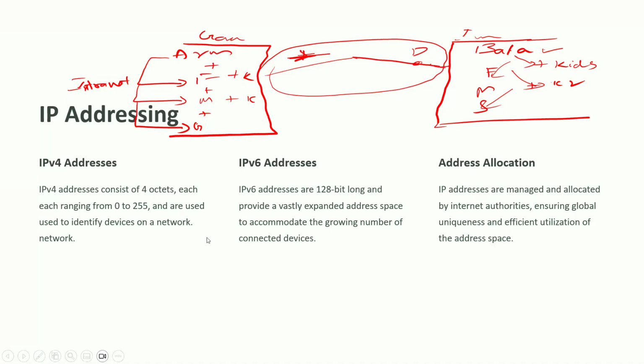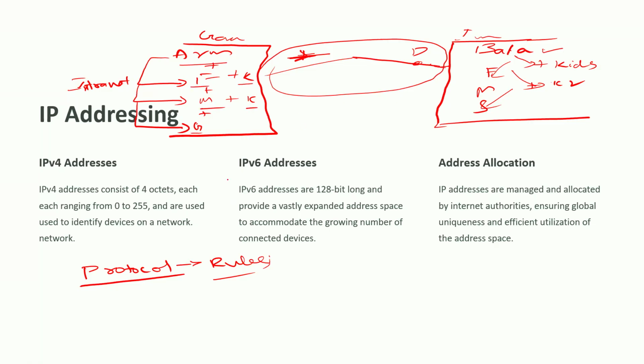Similarly, guys, we have the IP address, which is the internet protocol address. Whenever we say protocol, what is meant by protocol, guys? It's a combination of permits or rules. Rules, exactly, thank you. IPv4 address consists of 4 octets. Let's not go deep into that. It has some rules. Each and every person here has a name.